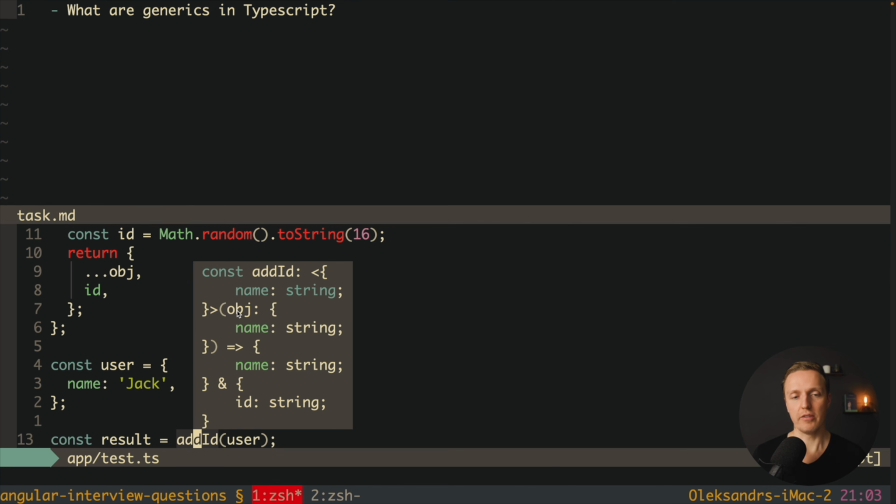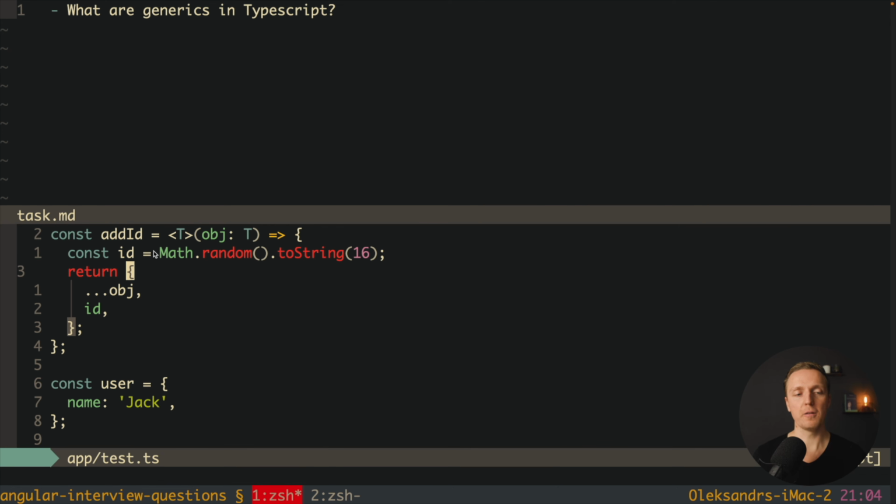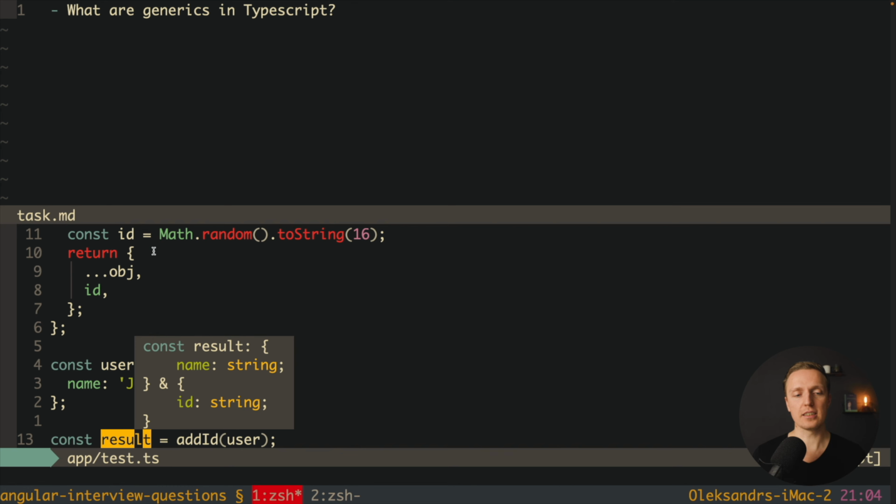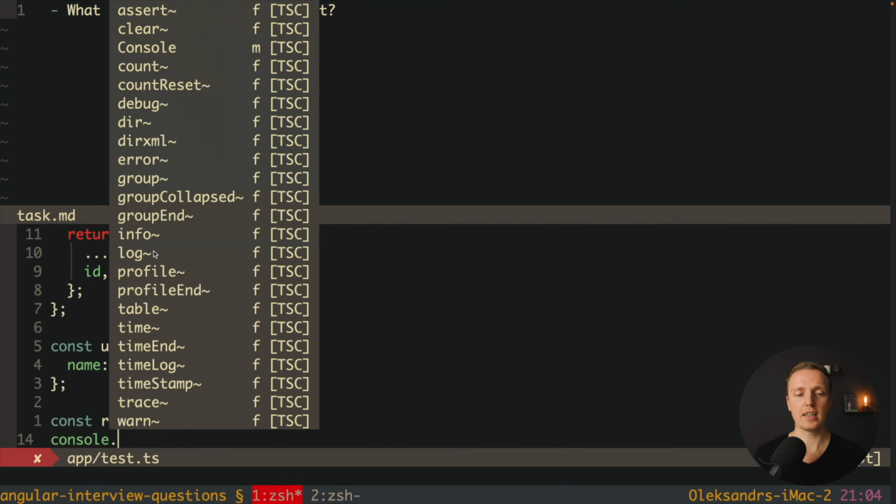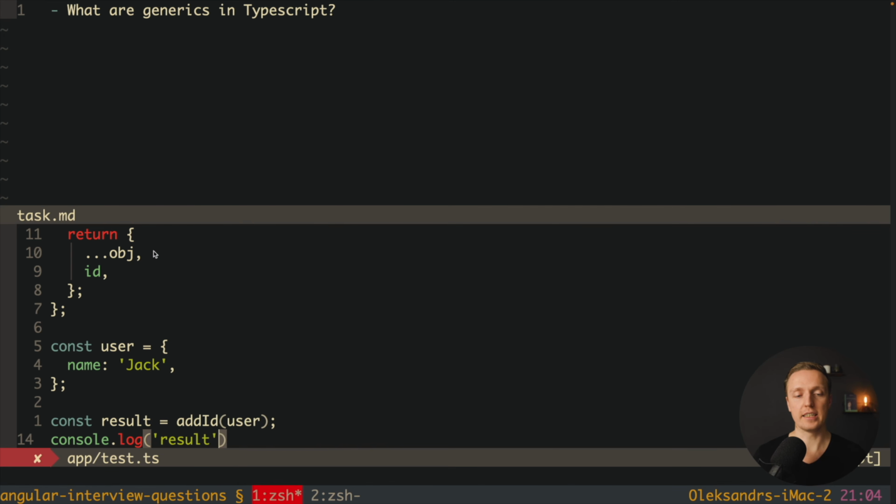And this is what you can see here. We have an obj variable of object with name string. And this is what we're getting back. We're getting exactly the same object with name string and an object with ID string. This is how TypeScript shows us the merge of this object and this ID. And this is what we're getting as a result. Inside we have an object of the name, which is merged with the object of ID, which actually means now it is correctly typed, and we can write here result, and now result dot brings us two properties, name and ID, which means our TypeScript here is completely valid just because we used here a generic.